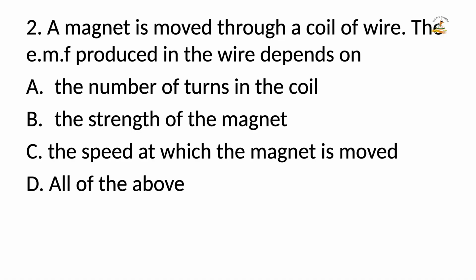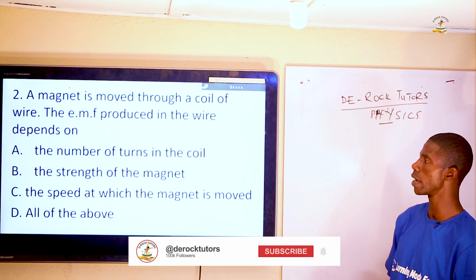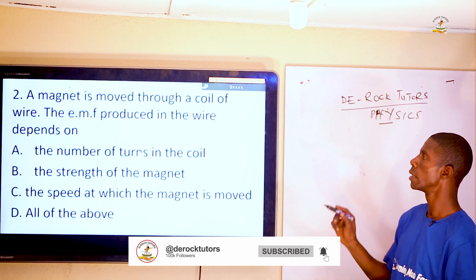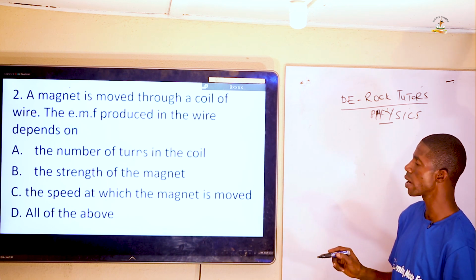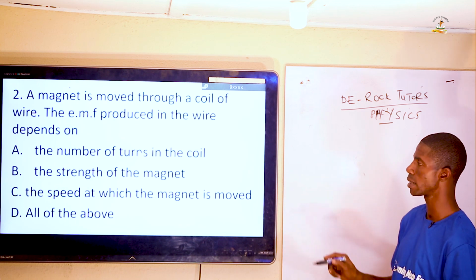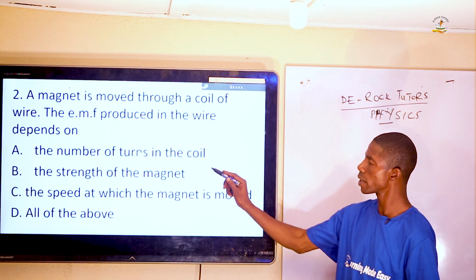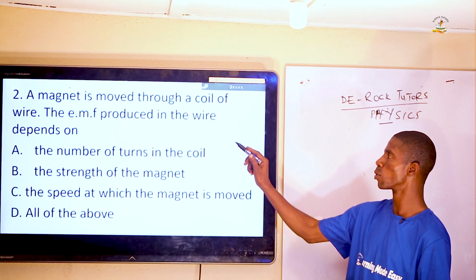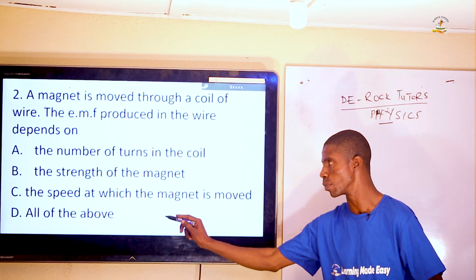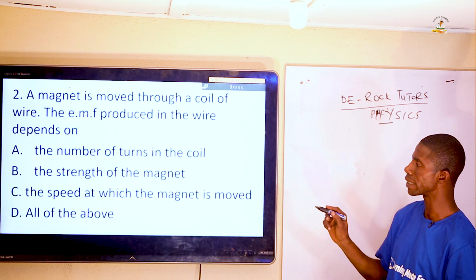The question is, a magnet is moved through a coil of wire. The electromotive force produced in the wire depends on. So we have the factors: the number of turns in the coil, that magnetic field. The electromotive force actually depends on the number of turns. Then we have also the strength of the magnet, and likewise the speed at which the magnet is moved. In that case, option C, we have all of the above. The EMF produced in the wire depends on all of the above, that is the number of turns in the coil, the strength of the magnet, and likewise the speed at which